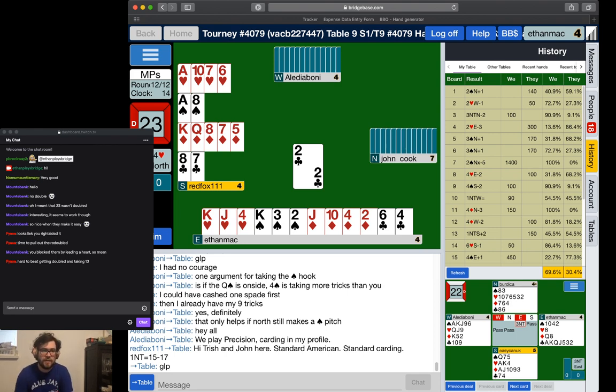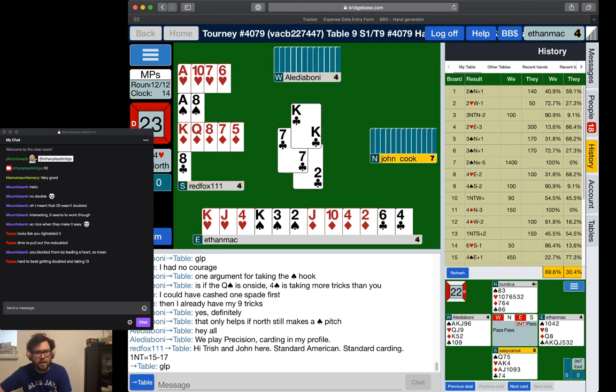Dummy's pretty nice. It's a 13 count, but it's got 2 strategic doubletons and a decent 5-card suit that can be used to hopefully create pitches. Now, this is John and Trish, by the way. So partner's